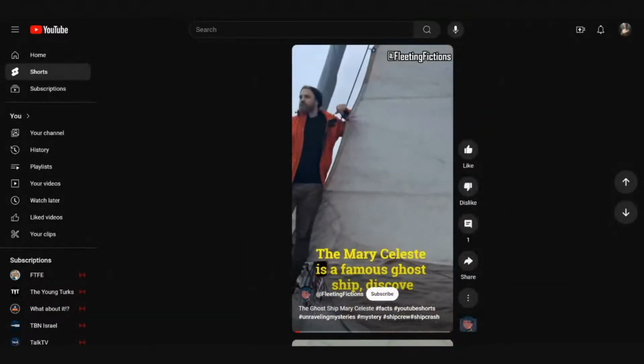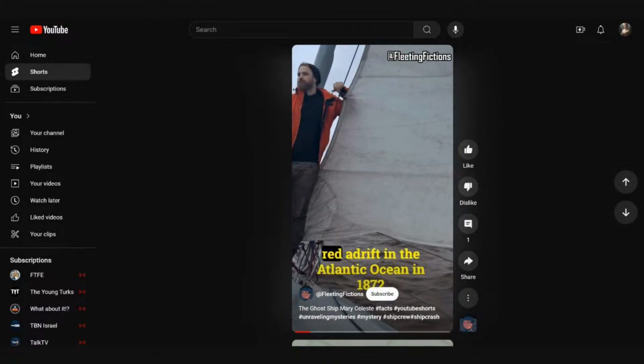The Mary Celeste is a famous ghost ship, discovered adrift in the Atlantic Ocean in...